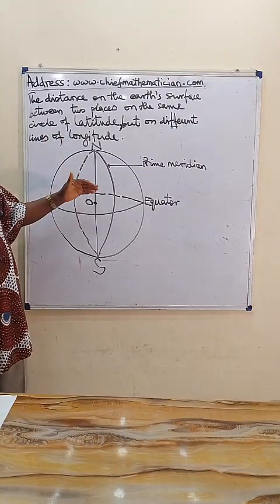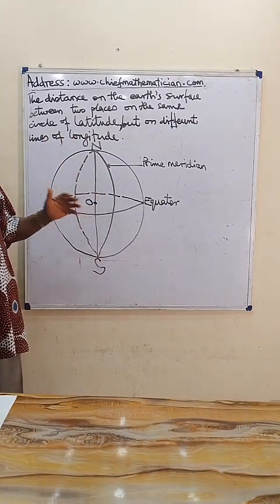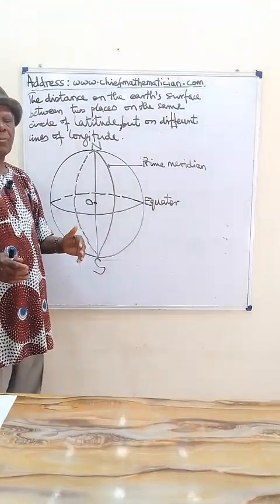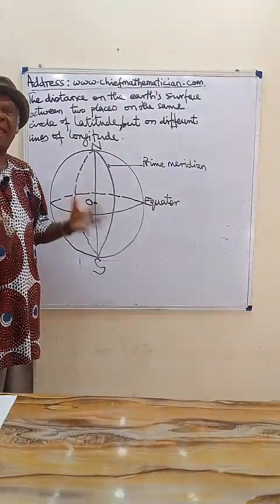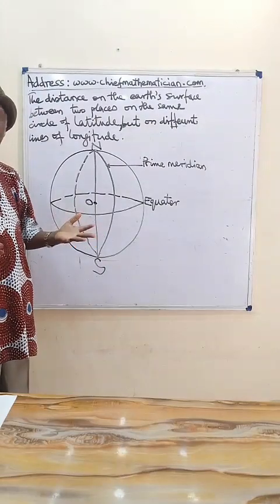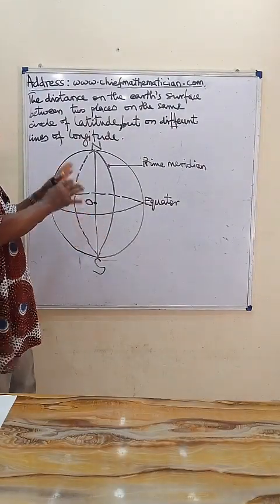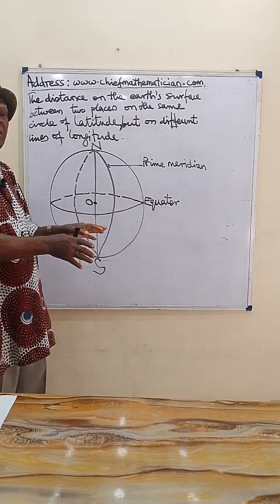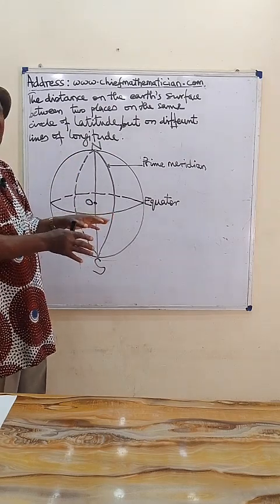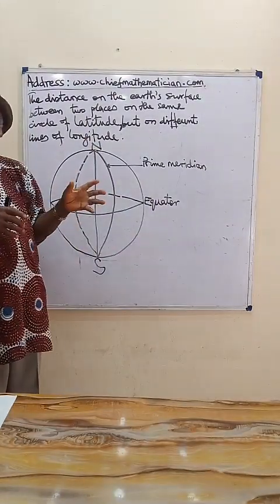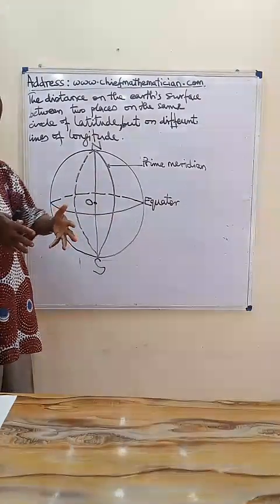We are looking at the earth again. Please always bear in mind that the earth is assumed to be a sphere. A sphere is a solid, an example of a solid. Don't look at it. If you look at our diagram on the board, it will appear as if the earth is flat. It's not flat. What you are looking at, even if I look at the way I'm drawing it, if I'm drawing a solid,